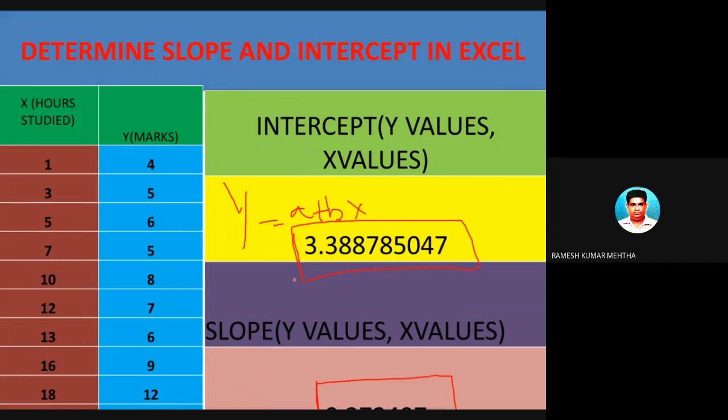And when you do a regression analysis on the given data in Excel, you will get an equation y is equal to a plus bx, and here y is equal to 0.372, this is the constant, plus the b coefficient is 3.38. This is the constant, okay? The intercept or constant is called the value of a. So this is the value of a and this is the value of b, okay?